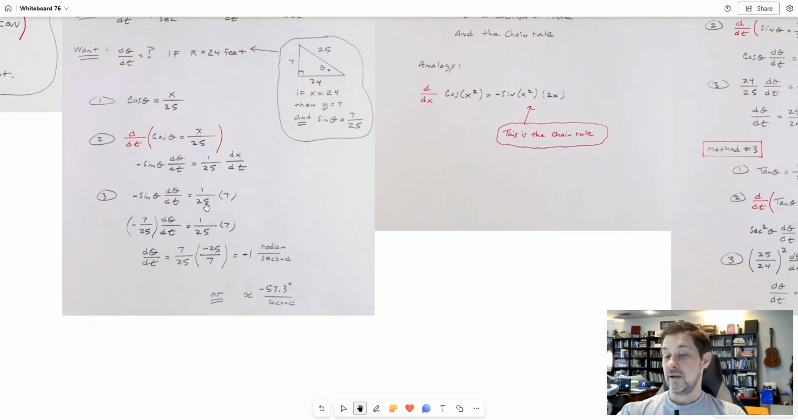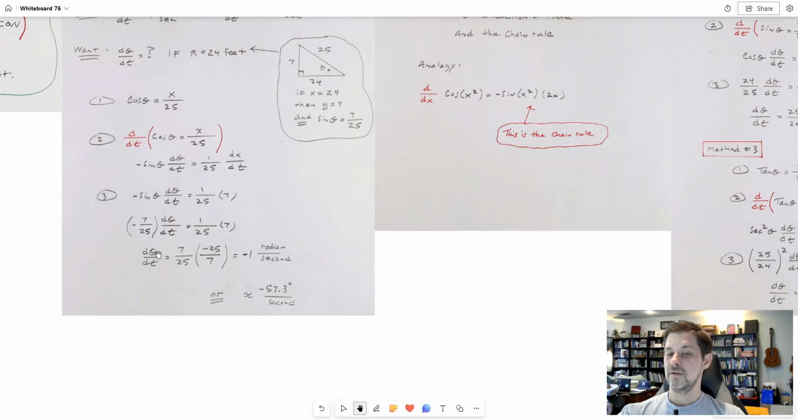But you'll have to do that. You'll have to reveal all unknowns here until the only thing that's left is what you're trying to solve for. And that's where I am at this point. So I can solve for d theta over dt by multiplying both sides by negative 25 over 7. I'll get this. That gives me -1, and my default units are